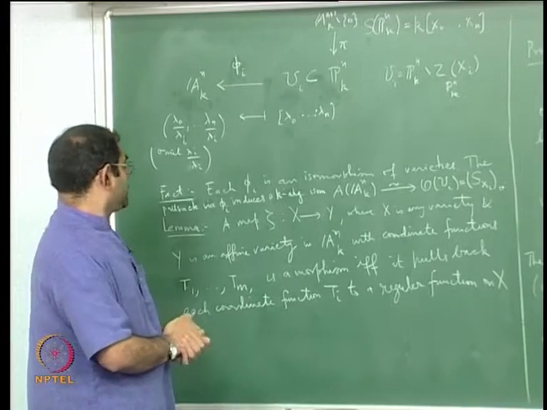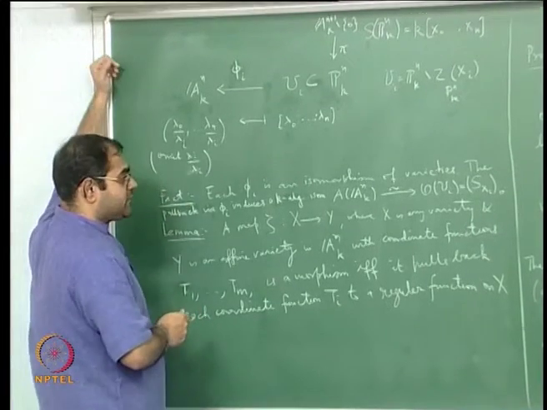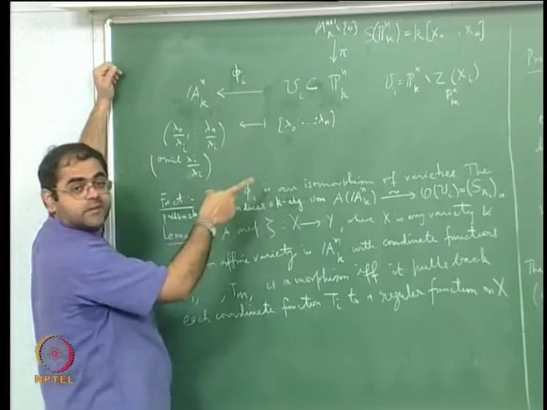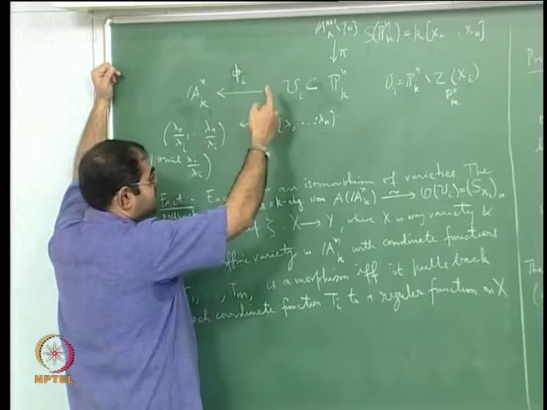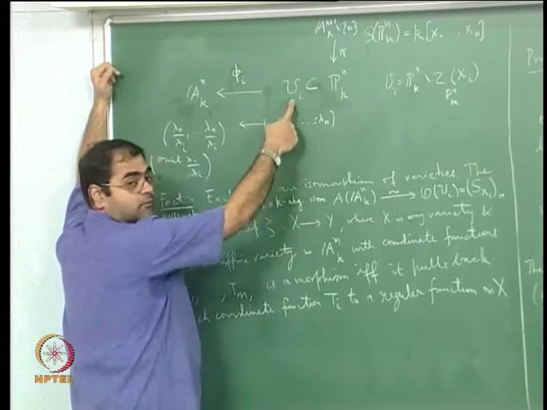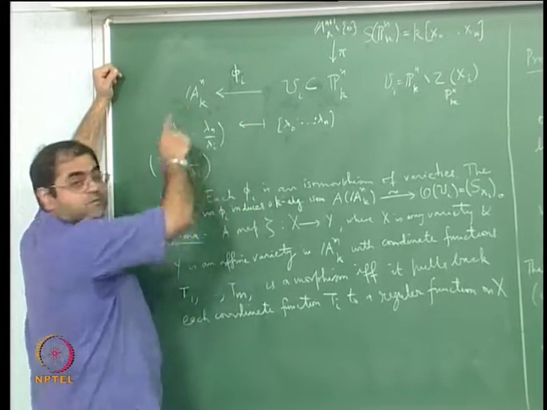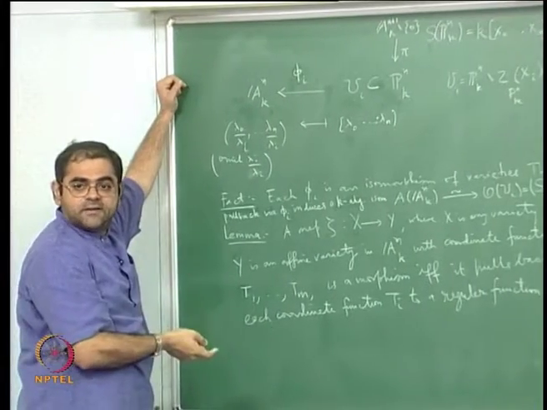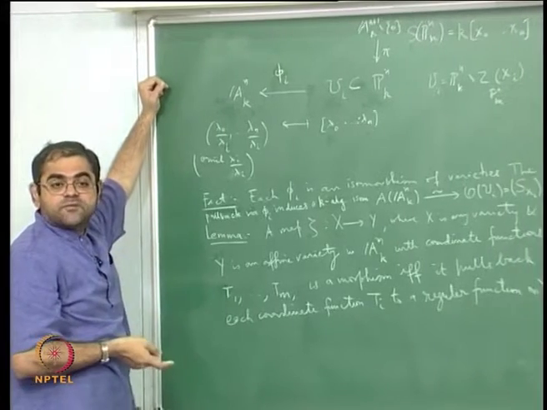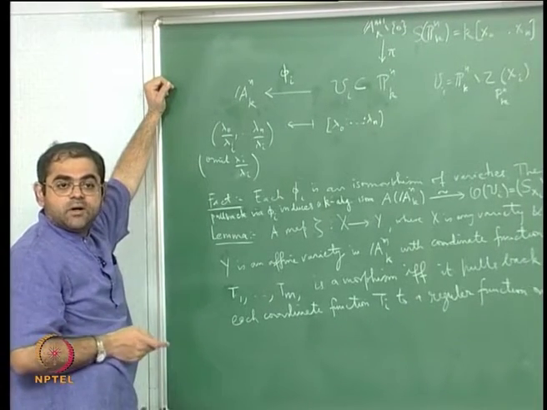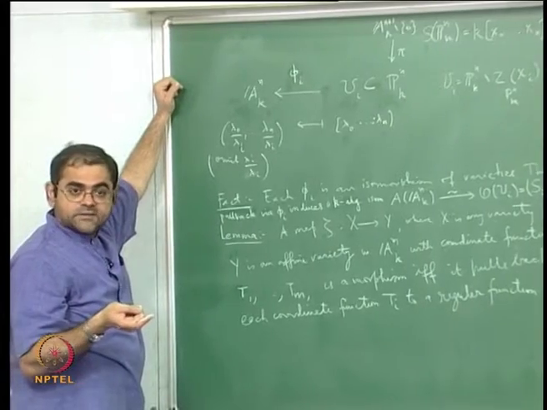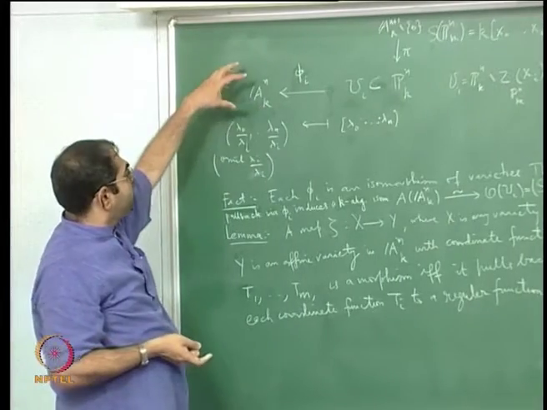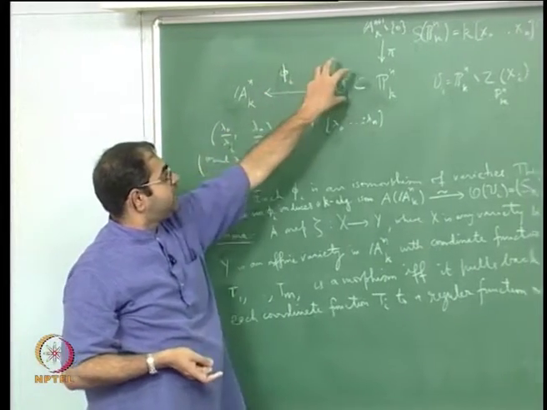So the fact is, let me repeat it. Not only is each phi an isomorphism, but once you know phi is an isomorphism, the variety ui, which originally was a quasi-projective variety, is actually isomorphic to an affine variety. Because it is isomorphic to this an, it is in fact an affine space, and you know that whenever you have an isomorphism of affine varieties, it has to induce an isomorphism of the corresponding regular functions, and therefore this isomorphism by pullback should give me an isomorphism of regular functions here to the regular functions here.